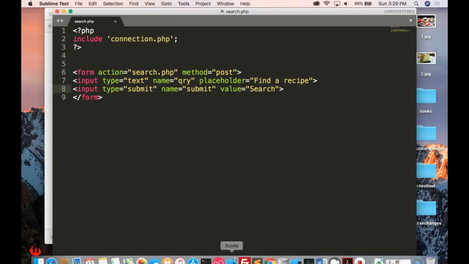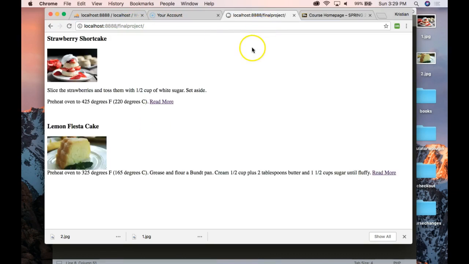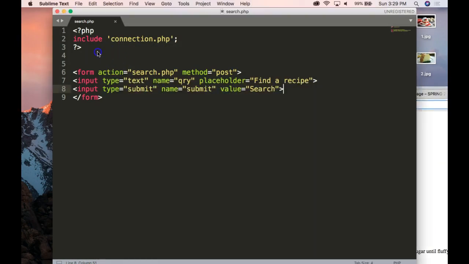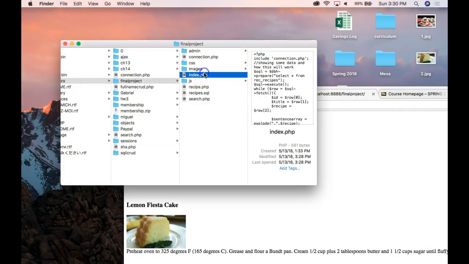Great. So now I have my search. I can go into my browser, take a good look. Looks pretty clean. Find a recipe and search. But the intention of this is to help people find the recipe. So what I can do is have the search function be on the home page, preferably to the right over in this section. So what I'm going to do now is go into my final project, go into my home page,